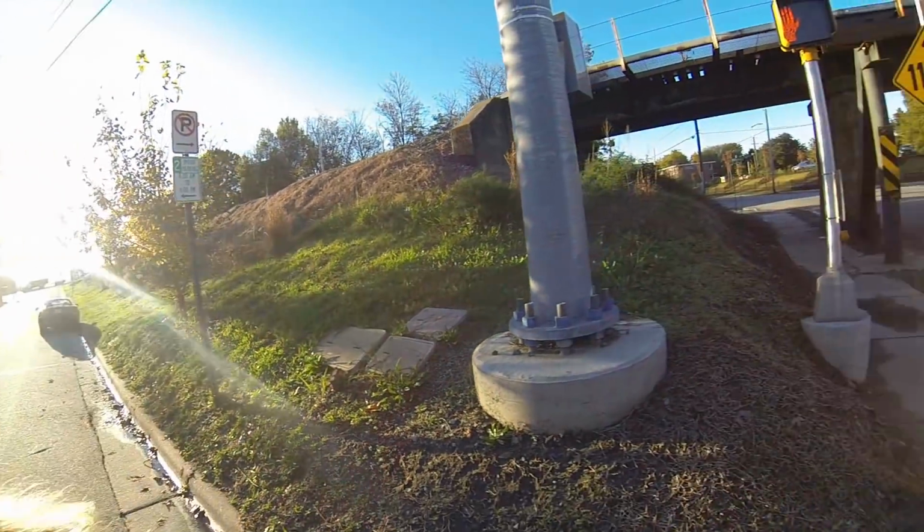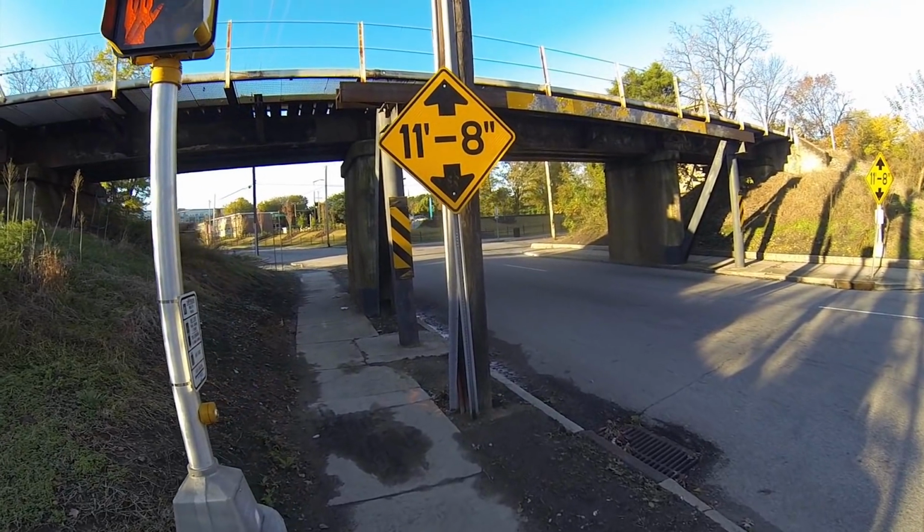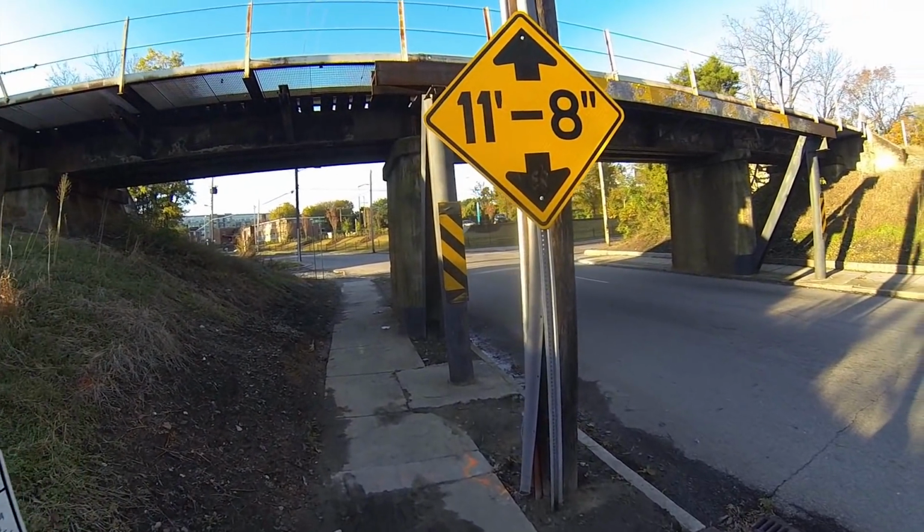I'm in downtown Durham. Guess where I'm at? Just walking down the street right here. How about that? Look at that. Now I came down here because